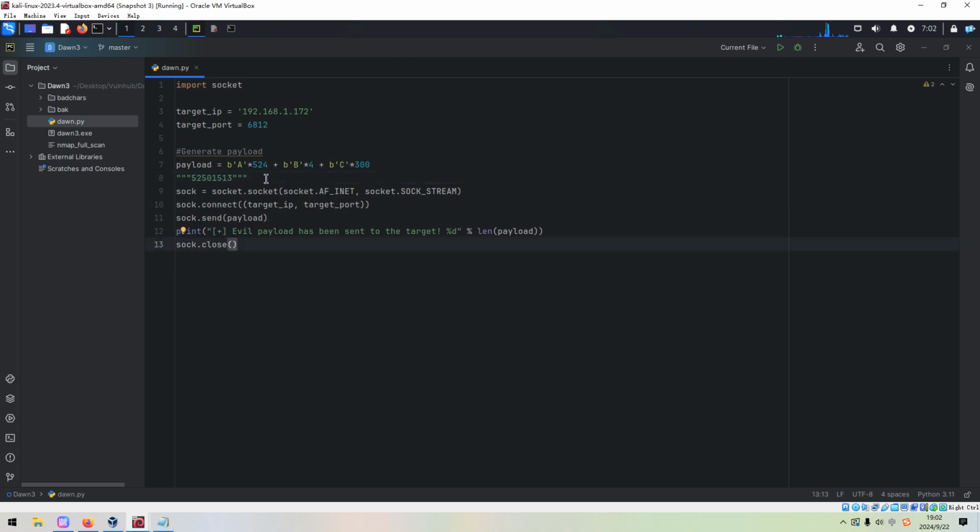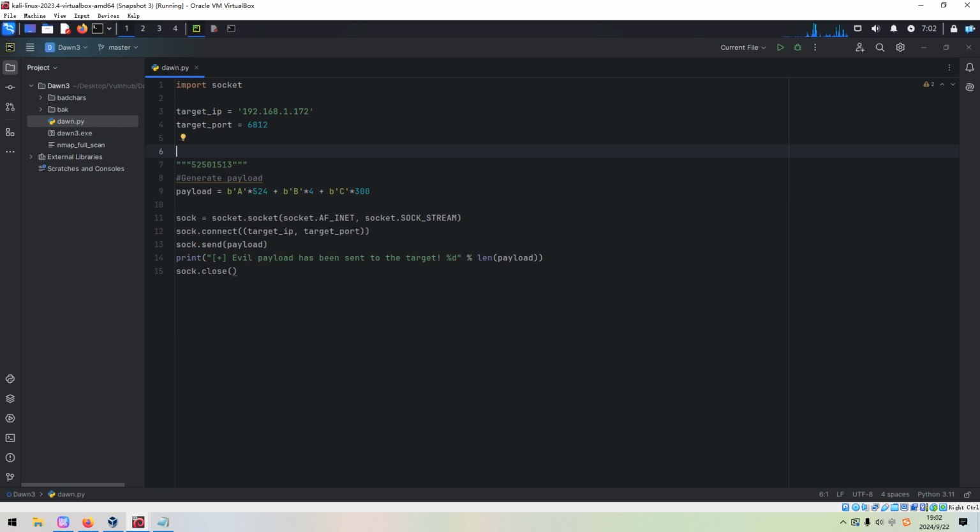So how to do it? This should be \x13, \x15, \x50, \x52.